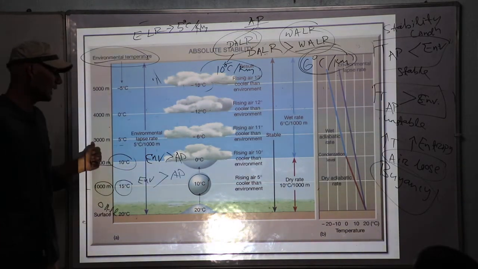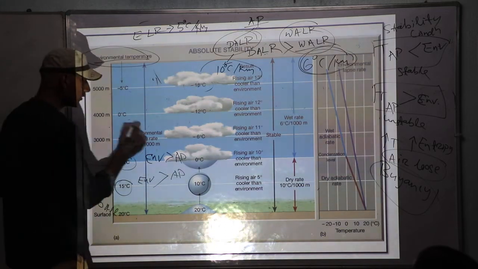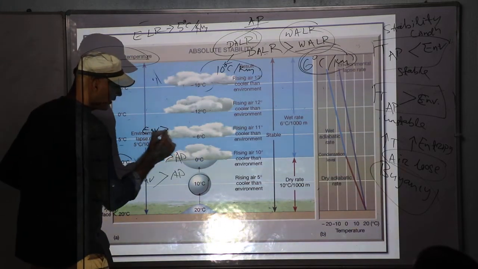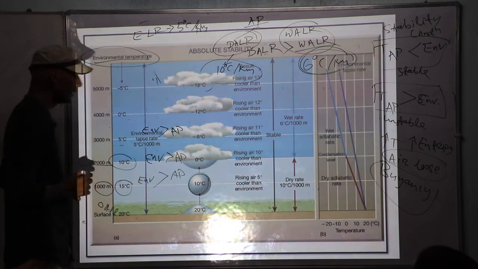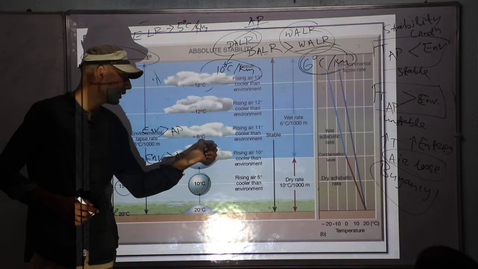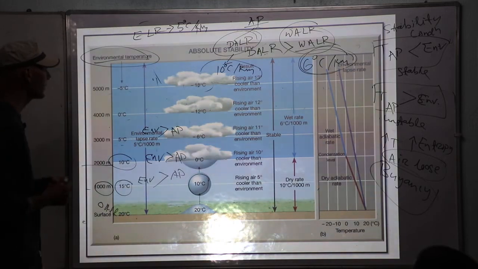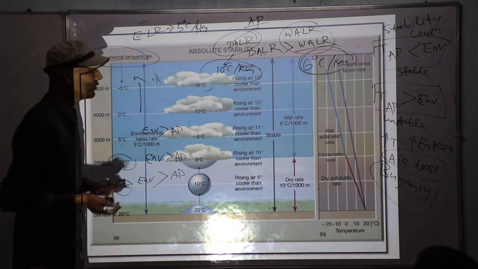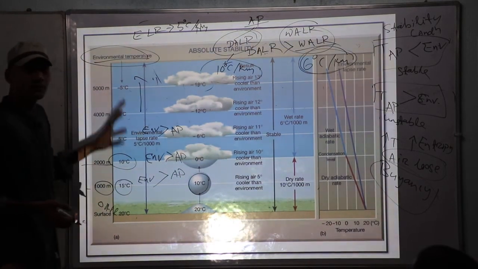When we go to 3 kilometer altitude, the condition is the same, the environment has a greater temperature than the air parcel. The environment has 5 degree and the air parcel contains minus 6 degree centigrade temperature. At every altitude you can see that